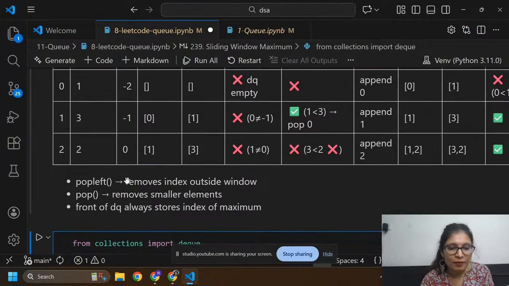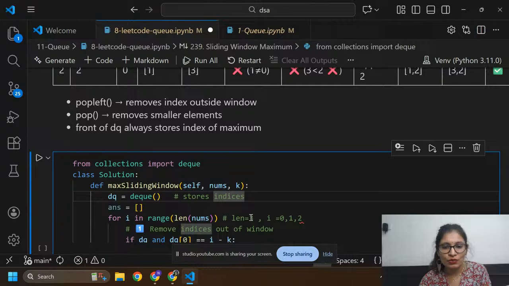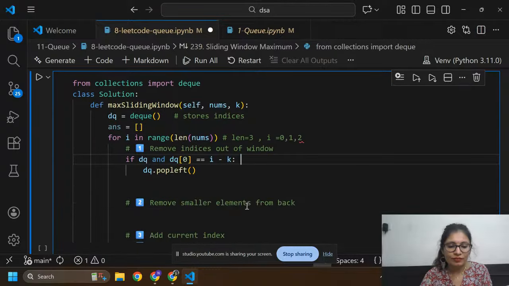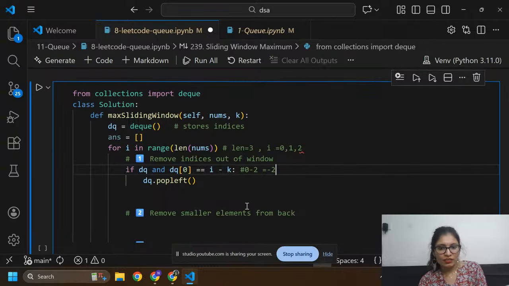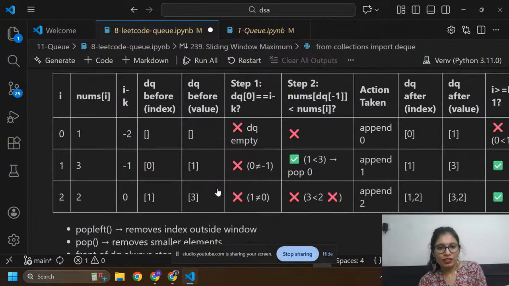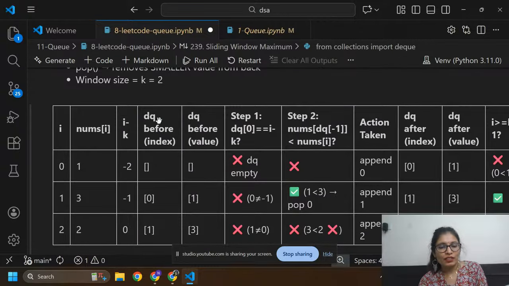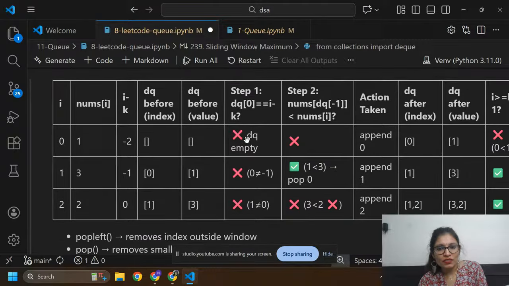What is i minus k? i is 0 and k equals 2, so I got minus 2 here. But our deque is empty: the indices in the deque are empty and the values are also empty. So this condition fails.